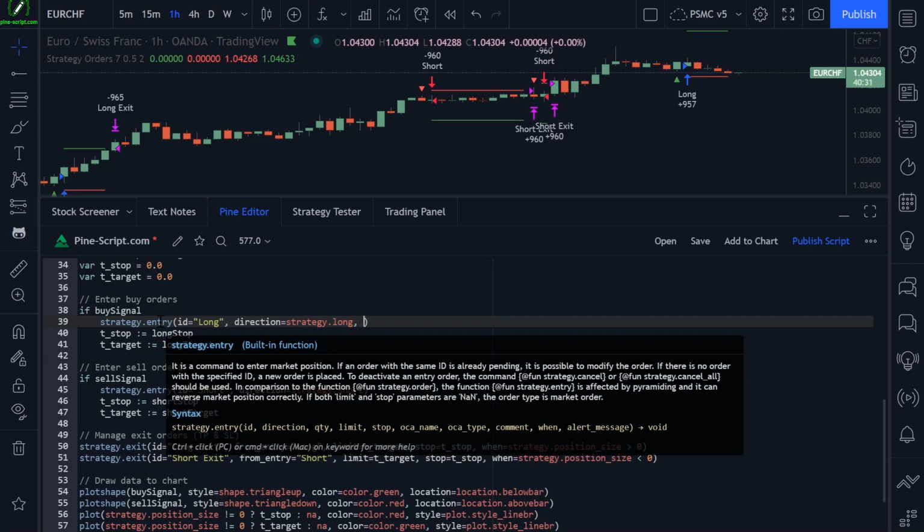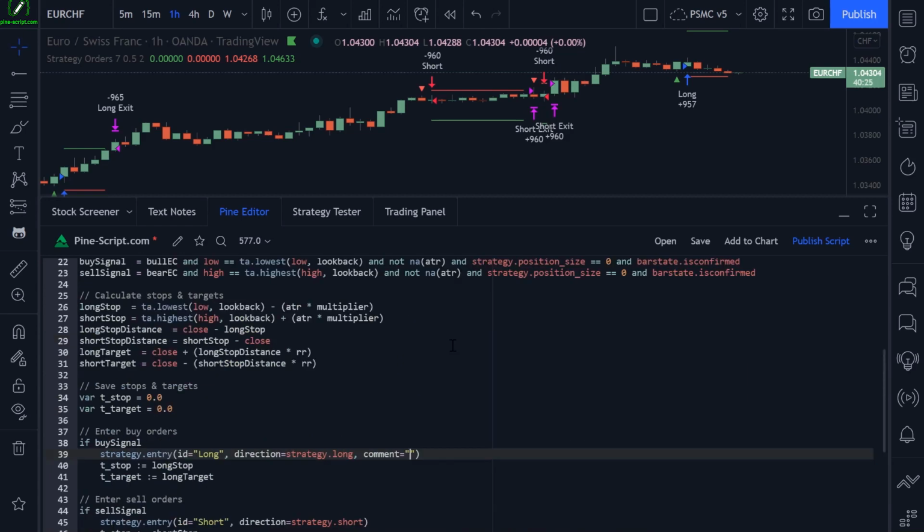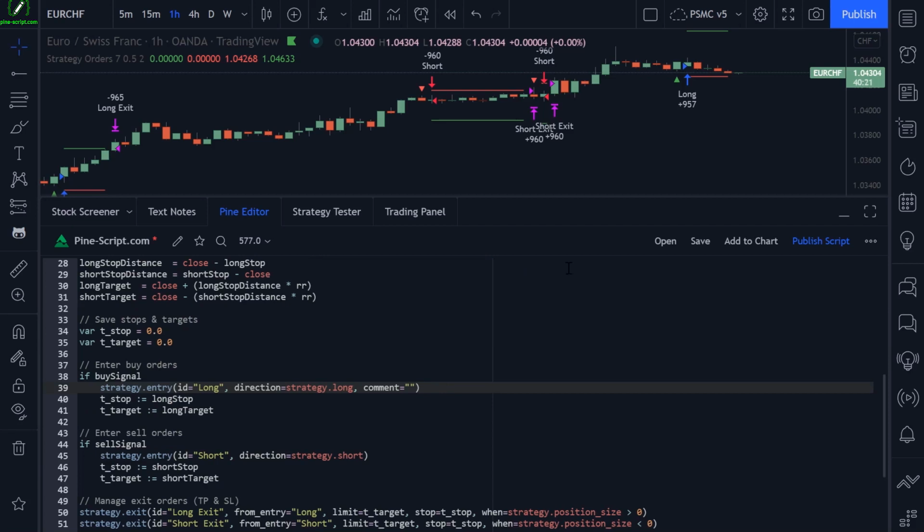Now, the final three parameters here are quite simple. The first one is comment. So comments are useful for things like we can display our stop loss distance. That's a great use case for comments. It aids in the backtesting process. If you're manually using your strategy script to backtest, you could do something like this. Stop loss equals plus str.toString